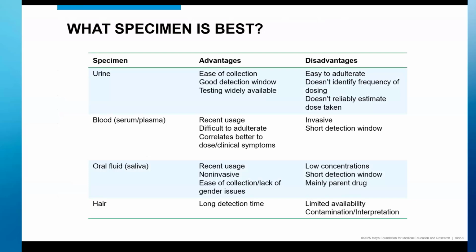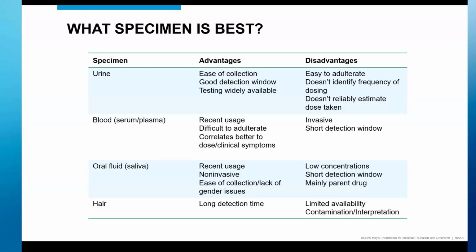Starting with, what specimen matrix is best? Well, one of the most commonly used matrices is urine, and that's for many reasons. One is that it's non-invasive and relatively easy to collect. Urine also gives us a pretty good detection window, meaning that window of time in which you can detect when they last used that drug. The disadvantage, though, is most of the urines being collected today are not witness collections. These aren't typically workplace drug testing type collections. As a result, it's very easy to adulterate or substitute somebody else's urine for your urine.